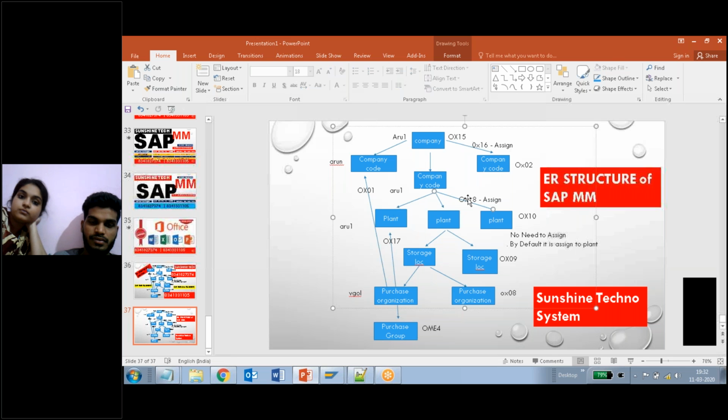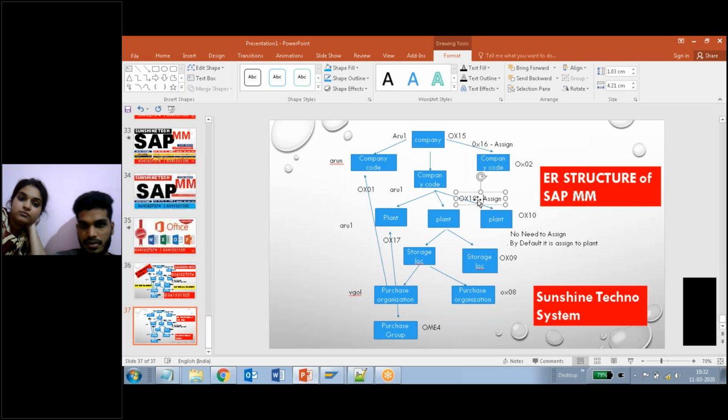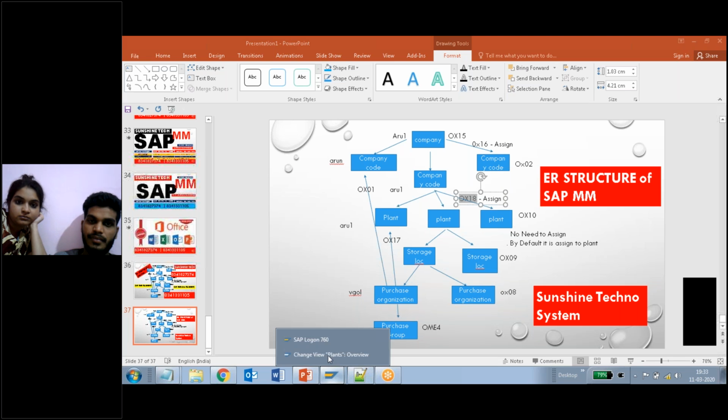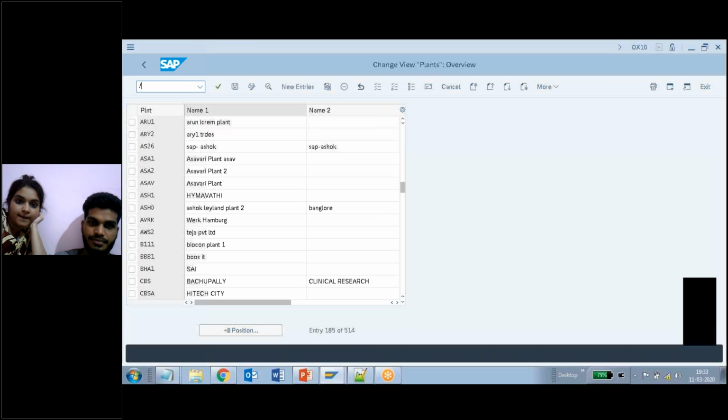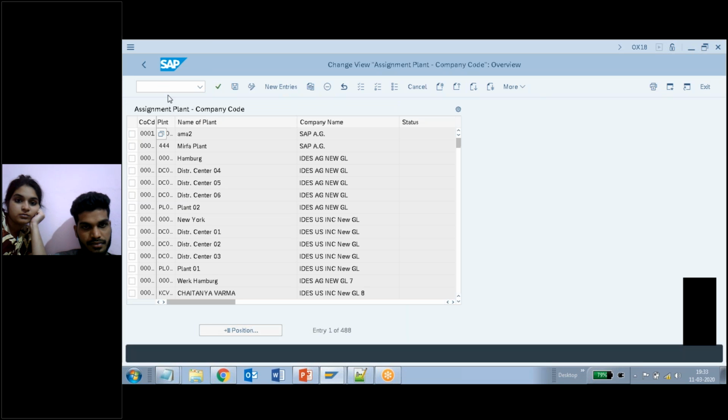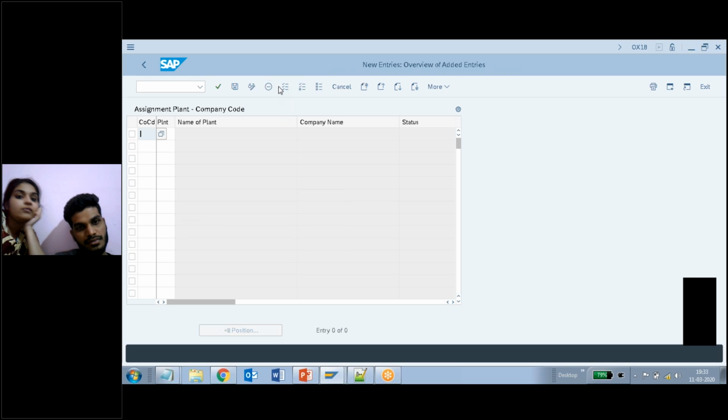What is the T code? OX18. So enter OX18 in the command prompt or the transaction box. Now here you need to click on new entries. So you need to provide